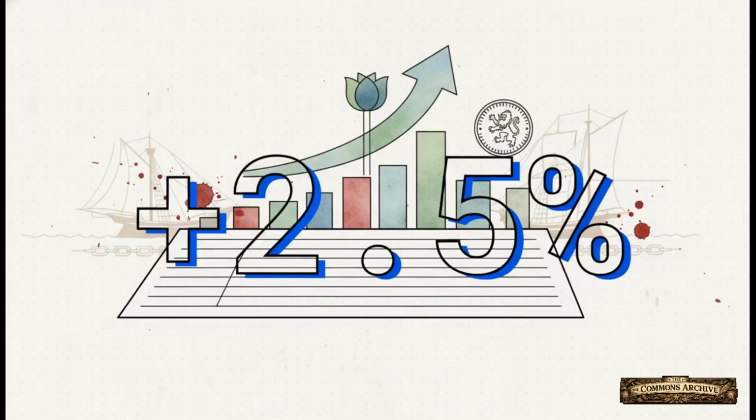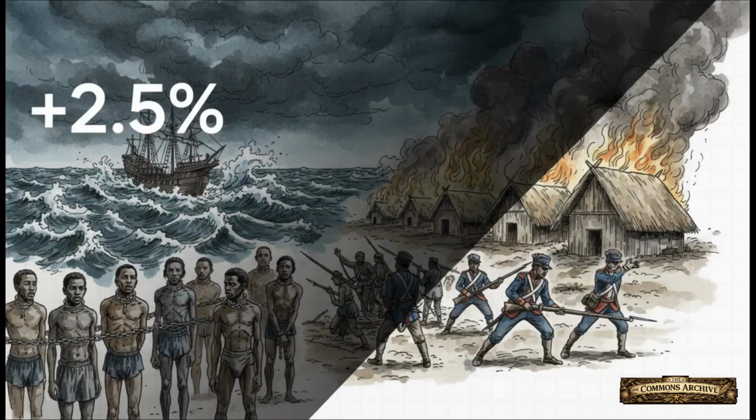But now, look at this. If you were an investor back in Amsterdam, you didn't see any of that. What you saw was this: a clean, simple, positive number. Plus 2.5%. Growth, profit, success. It's abstract, it's sanitized, it's just a number. But behind that clean plus 2.5% was this brutal reality. That number was the sanitized financial shadow of slave ships, of massacres against anyone who resisted, of the total seizure of land. The stock price was designed to hide the immense human suffering that created it.